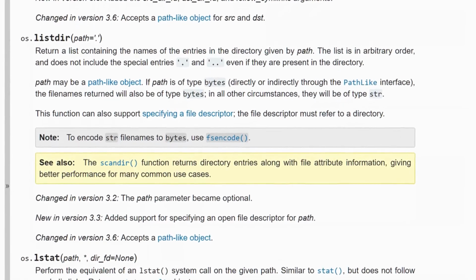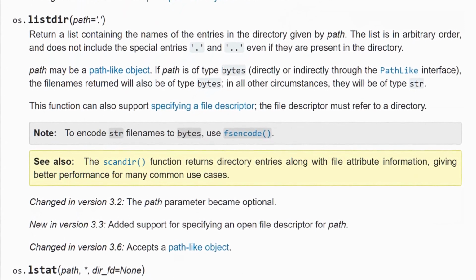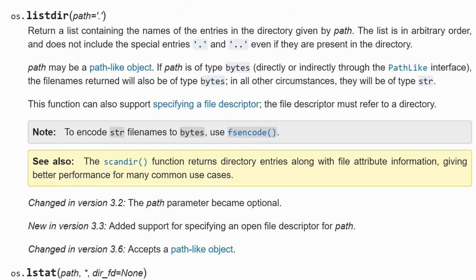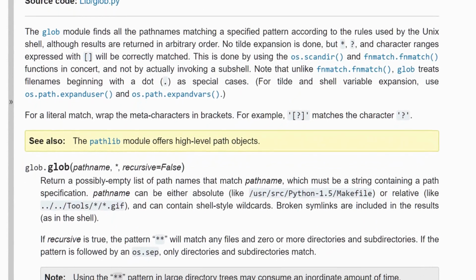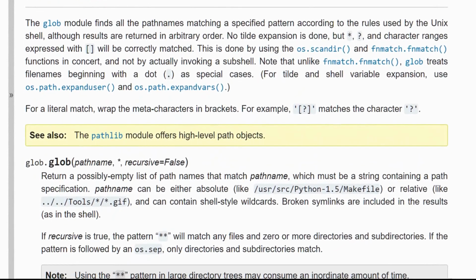Many times you might want to see what are the files in a given directory and work with them. In this video, we'll take a look at the os.listdir method and the glob method for listing files in folders, or for listing files based on a certain file extension. You might also be interested in our video on how to check and see if a directory exists.